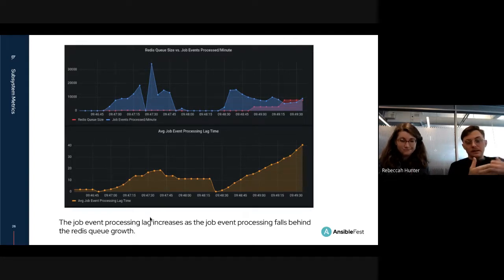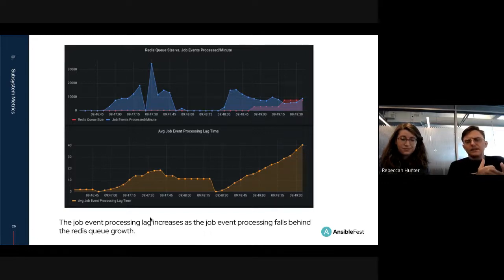Now above, we use those other two metrics to have a little bit more nuanced insight into the same phenomenon, where the blue is based on the growth of that events insert DB counter. We're calculating a rate, and then we're saying, over the last minute, what was my average event insertion rate per minute? And then we're comparing it to the current queue size.